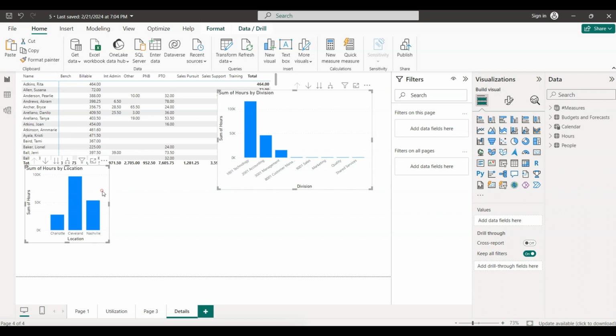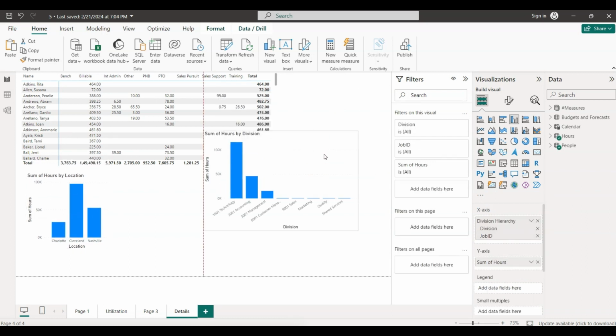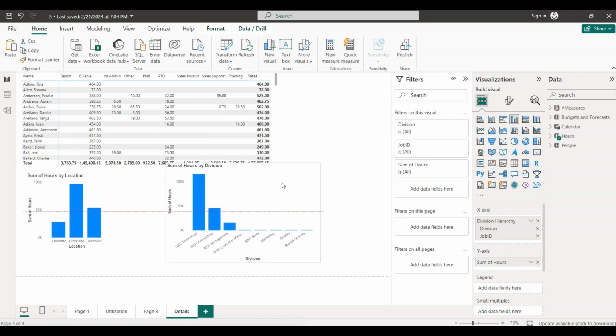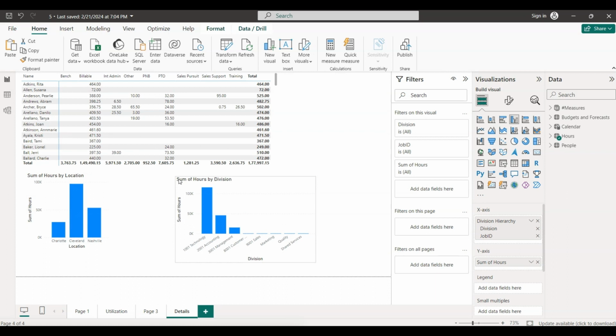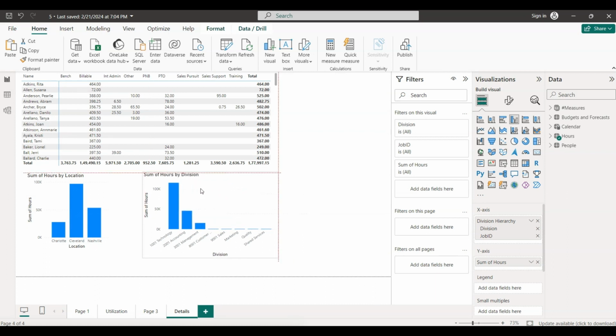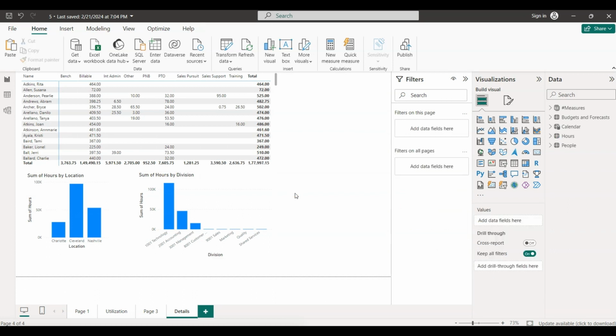You can just decrease the size or move the visuals to the free space. I would like to decrease the size of this. So this is hours by division, and here we have hours by location. So two visuals have been copied, and next